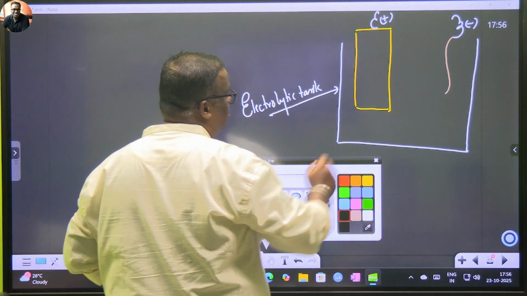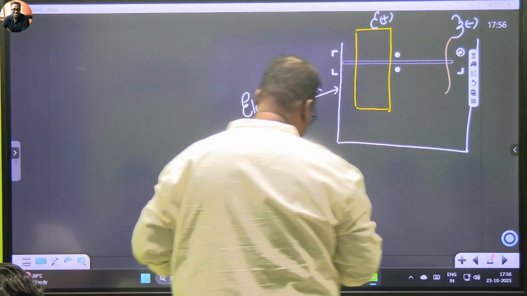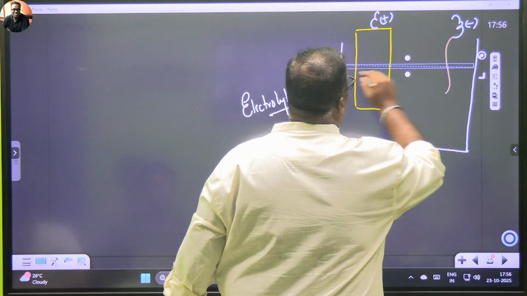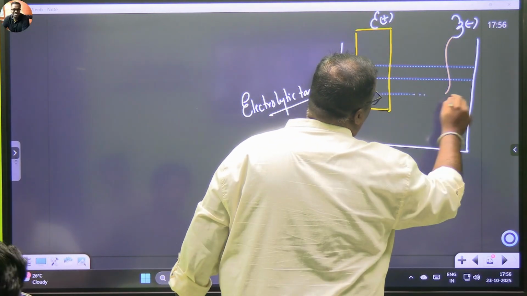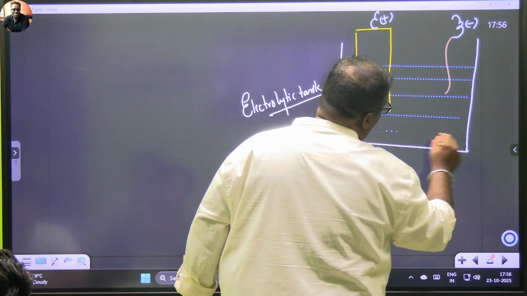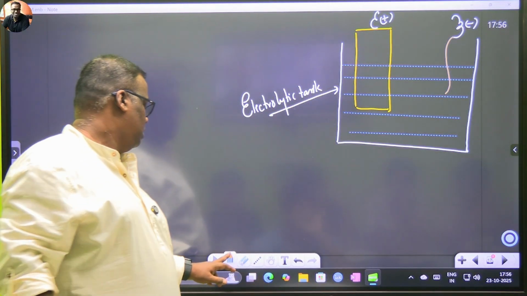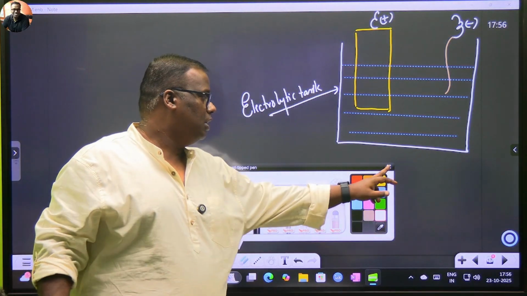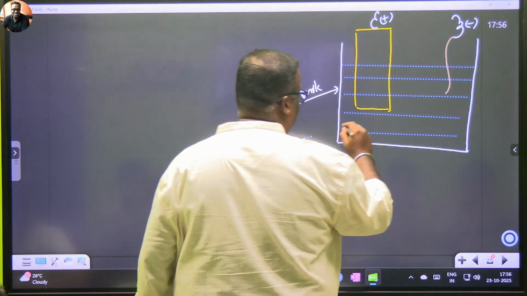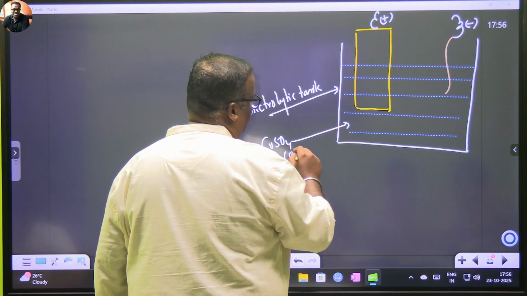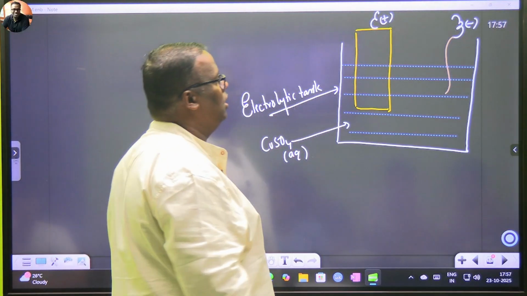So take copper sulfate. So this is my copper. Copper sulfate here also appears blue. Yes, copper sulfate will be blue because it is in hydrated form. All salts in hydrated form will be colorful, and copper sulfate has its unique color called blue. Is this understood? So this will be my electrolyte. This is CuSO4, aqueous, and this will be blue in color.